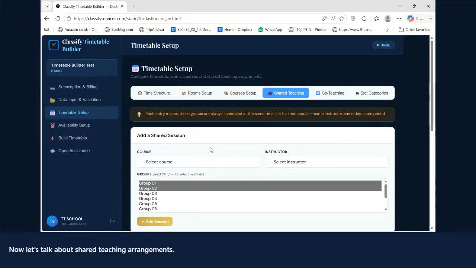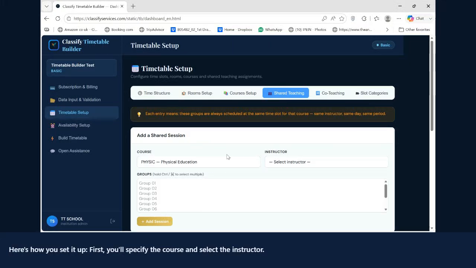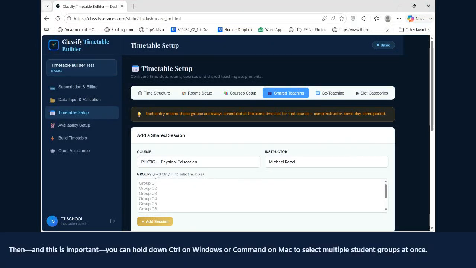Now let's talk about shared teaching arrangements. This is where multiple instructors or groups teach the same course together. Here's how you set it up. First, you'll specify the course and select the instructor. Then, and this is important, you can hold down Control on Windows or Command on Mac to select multiple student